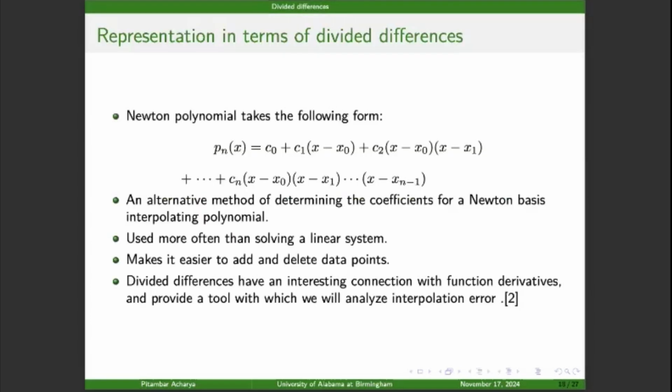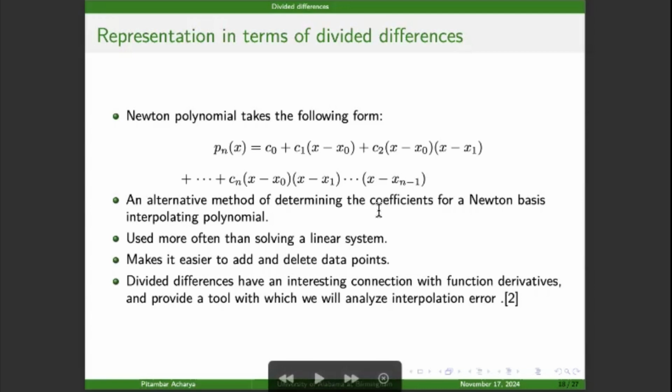So here comes the divided difference. Actually, the Newton polynomial interpolation takes this form: P_n(x) is equal to c0 plus c1 multiplied by (x minus x0) plus c2, which is the coefficient, times (x minus x0)(x minus x1). Similarly, cn is the coefficient, and we have factors like this one: (x minus x0), (x minus x1), up to (x minus x_{n minus 1}). So in the case of Newton polynomial interpolation, we have an alternative method called divided difference,